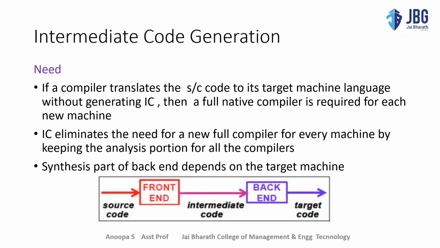So it eliminates the need for a new full compiler for every machine by keeping the analysis portion the same for all the compilers. So till the analysis portion will be the same. After that, only in the backend the change will happen. So the synthesis part of the backend depends on the target machine. Here you can see after the intermediate code comes the backend and target code. So by keeping this much part the same, we do not have to design compilers again and again for different target